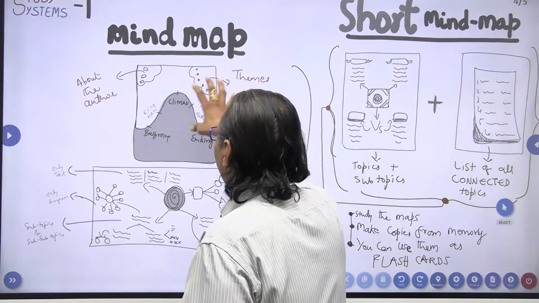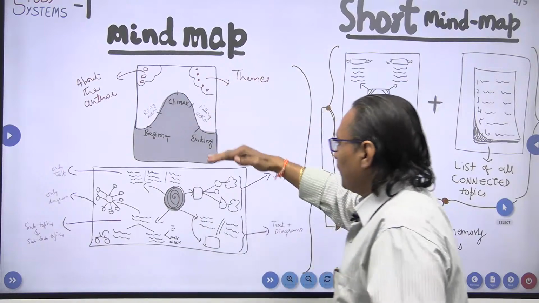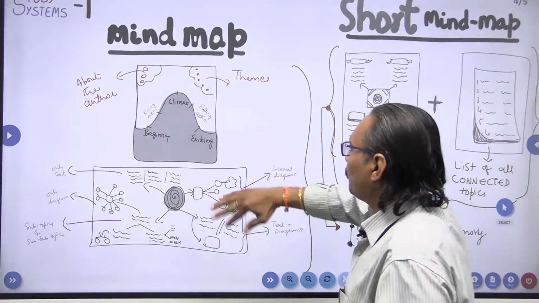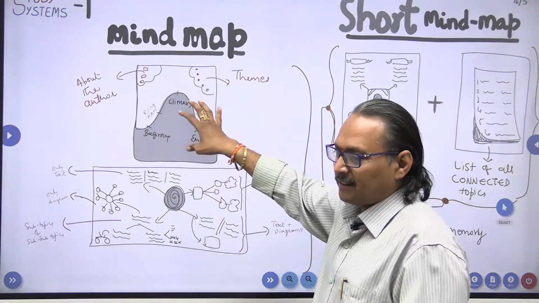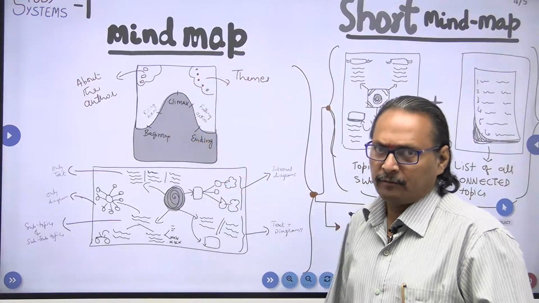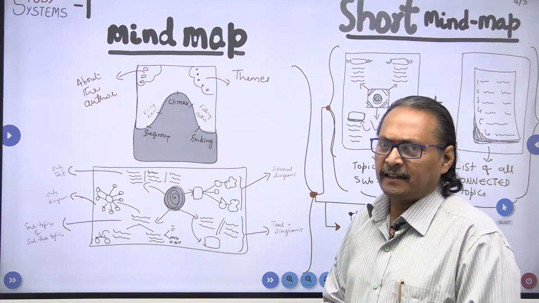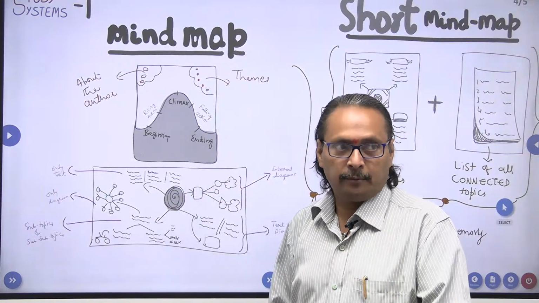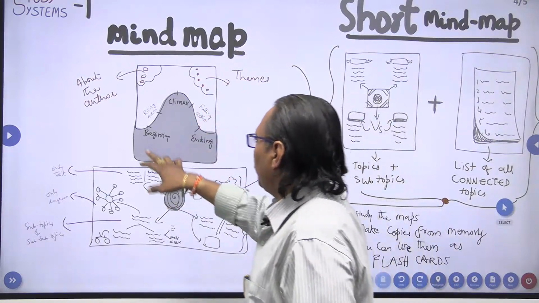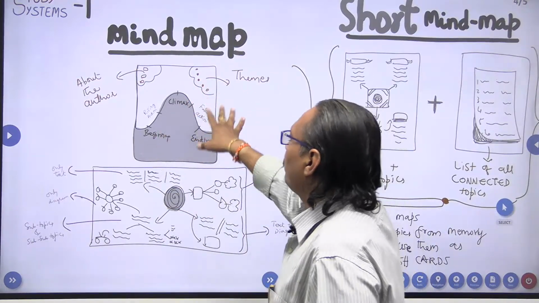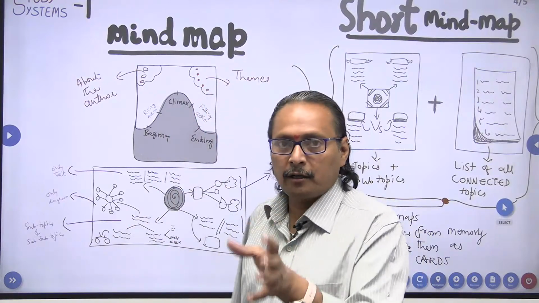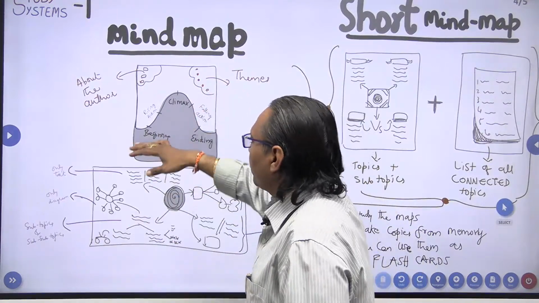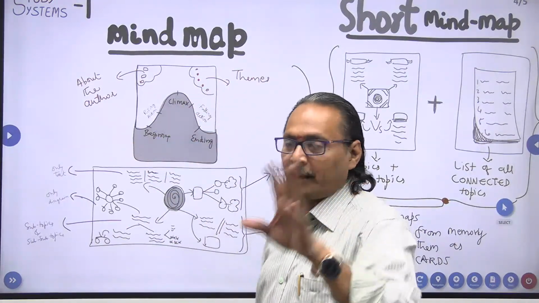When you take a mind map, I have chosen here for understanding 2 different types. This is, let us say, a literature topic, some kind of an essay, and that essay, or even it can be a play or a short story, anything of that sort it can be. So you can have 5 important points. Let us say we are talking about a story. When we have a story, I can divide the story plot into 5 divisions.